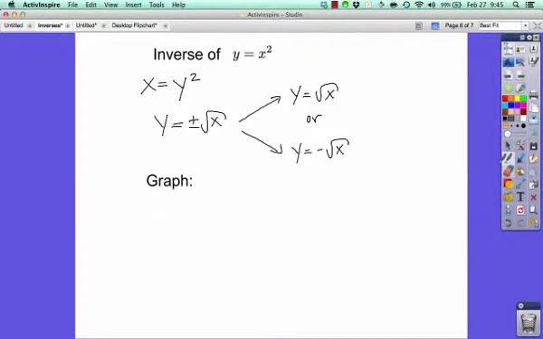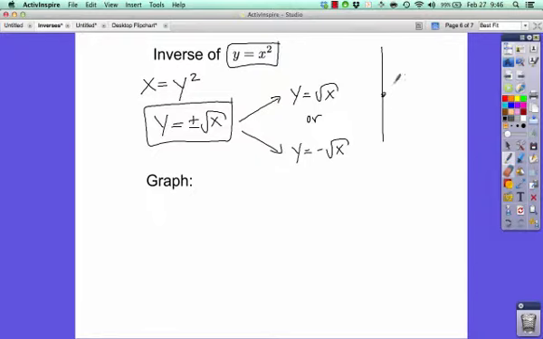So the point I want to make here is, yes, this is the inverse of this. But this is not a function. Okay? So the inverse of y equals x squared is not a function. Because I would have to write it as two functions. Is this a function? Yes. Is this a function? No. Yes. Okay? This function looks like this. This function looks like this. There you go. Okay? You get the complete